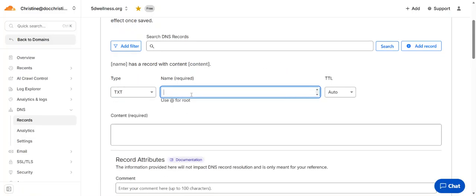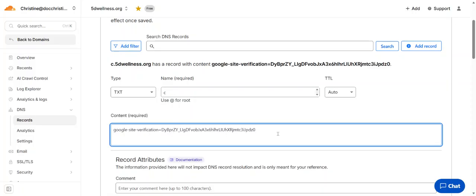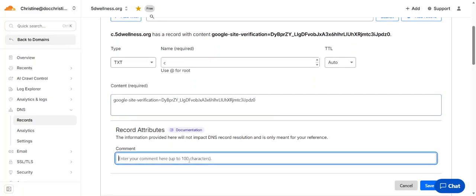The name is not the root. We want to certify a subdomain. If it's a root, you add the @ sign. If you don't have a subdomain, just the dot, and then you paste in the content part what Google gave you as the verification. This is important for any domain, including email domains,